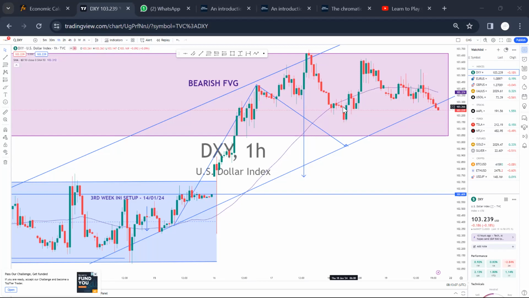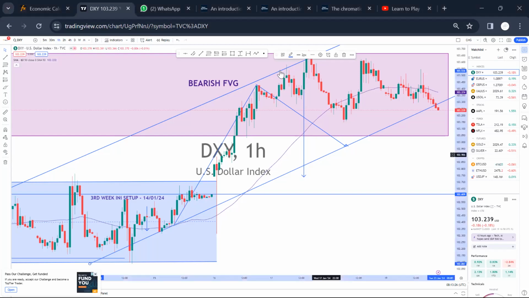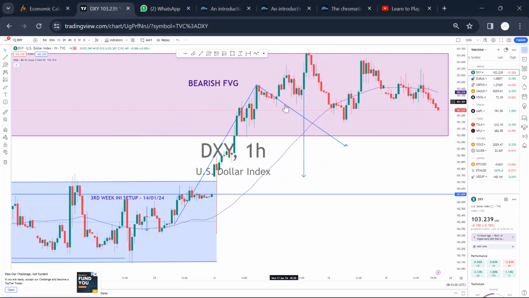Now, I think I may have to remove some of the trend lines in order to have a clear chart for the week 4 analysis, right? So let me just try and remove certain things so that we don't get confused. I may bring them back so that we get a full idea of whatever I'm saying. So this is it, right?